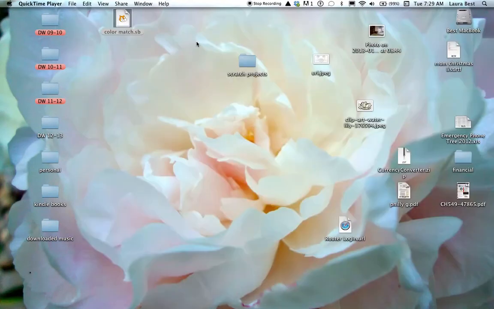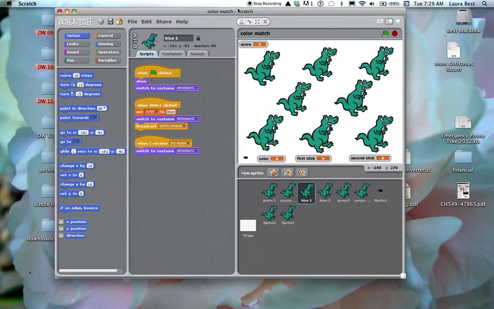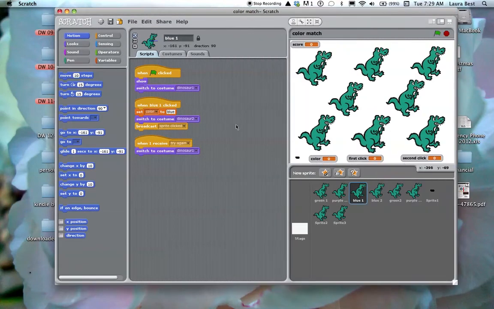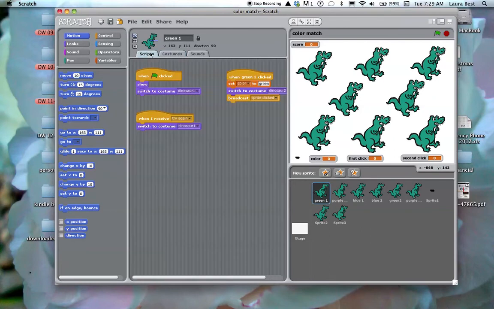Sometimes variables are used just to hold values. Here's a color matching game. Each of these is a particular color. When you click on it, it has a different costume that it changes to. Purple, blue, green, etc. And they have that color set when you click on it. So when I click on this, it was the purple one, and the color is set